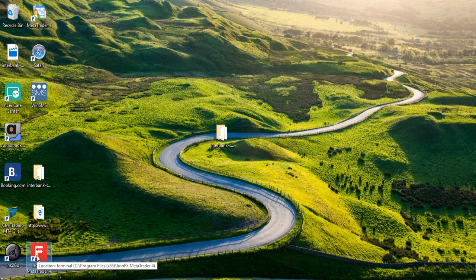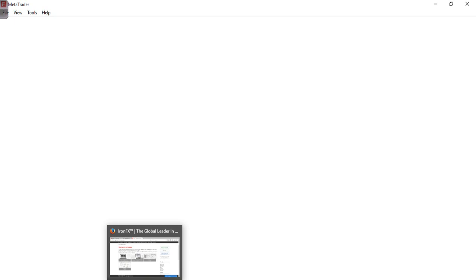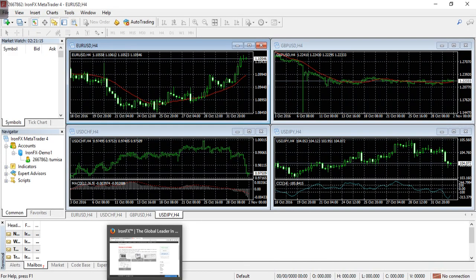Now when you have your subscription, a username will be generated for you with two passwords. There will be a password to log in to your control panel, which is a web server of your EA, and you will have a password for the EA. So while our platform is still opening, you can switch, because we need the password for our EA. So you can switch to your control panel,